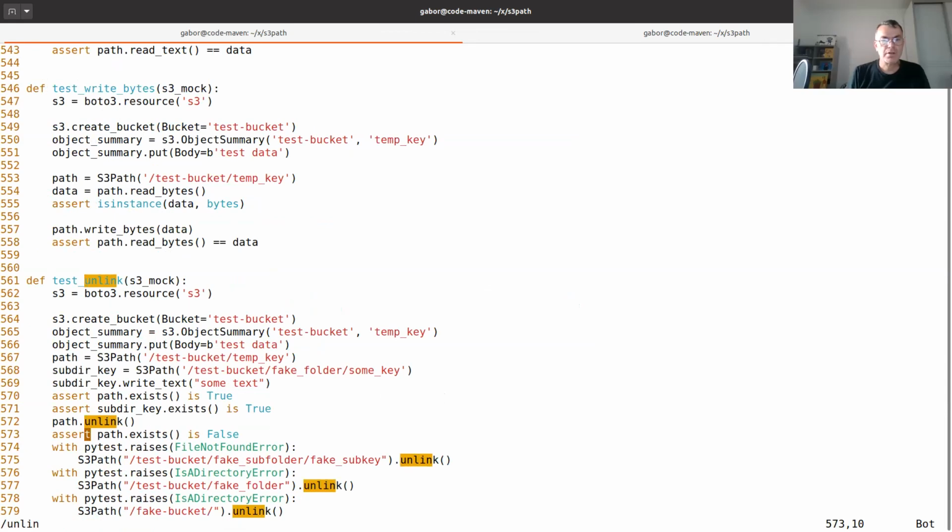These are all the unlink tests. Basically, the only thing that we need to do is copy paste these three tests, but remove the context manager and do the unlink with missing_ok equals true.